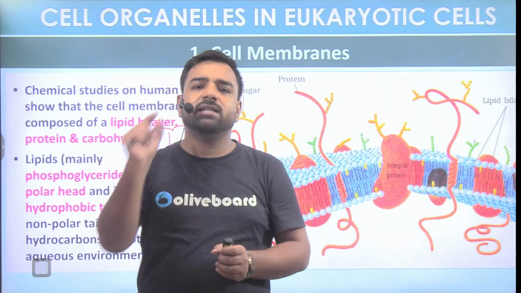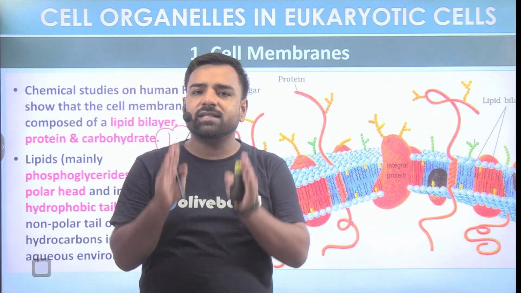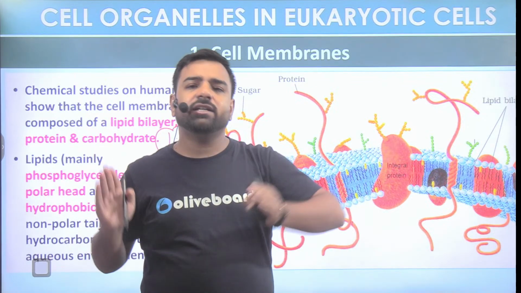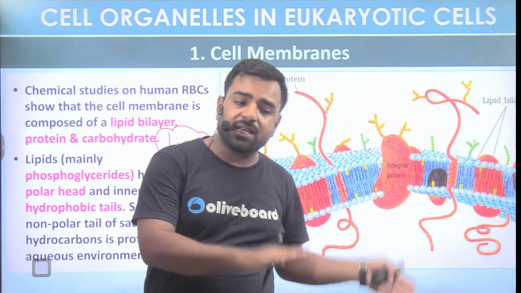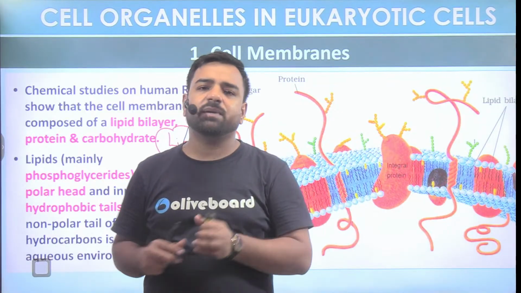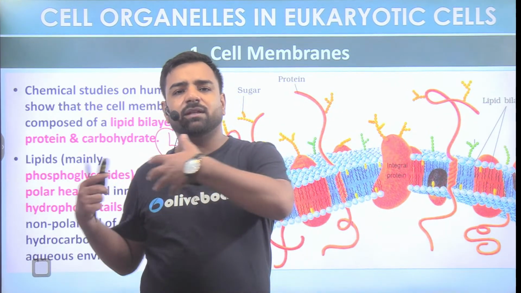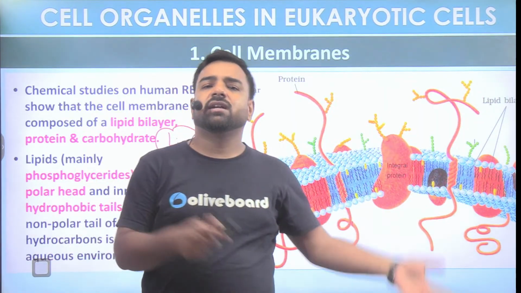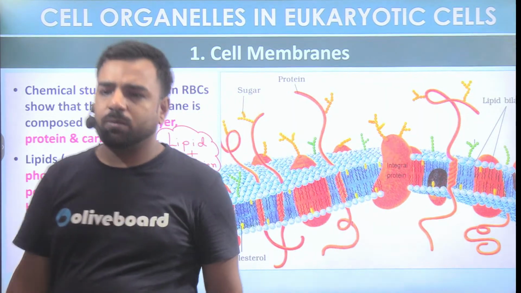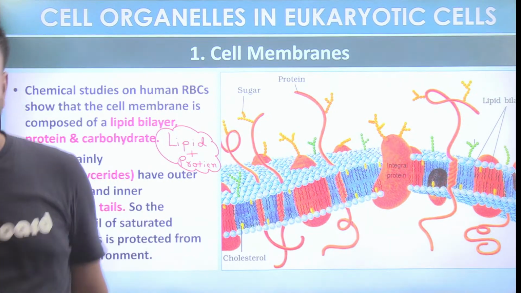This membrane is actually a selectively permeable membrane, which doesn't allow each and every thing to get into the cell, and it doesn't allow each and every thing to get out of the cell. So that's the selectively permeable membrane. That is, only the required things can be taken in, and only the required things will get out. That's the point. To enter and to exit, it has the lipid layer which is partially permeable. Absolutely correct, Shiva, no doubt about it. So this gives us clarity about everything.